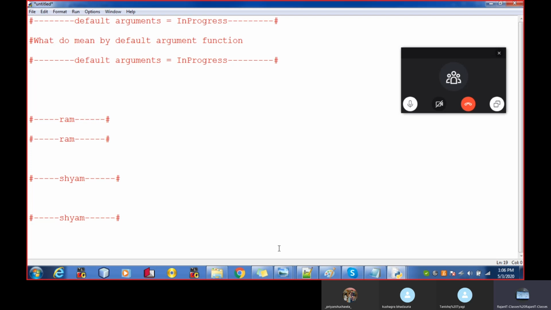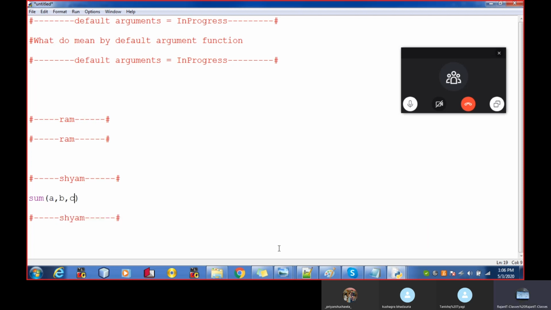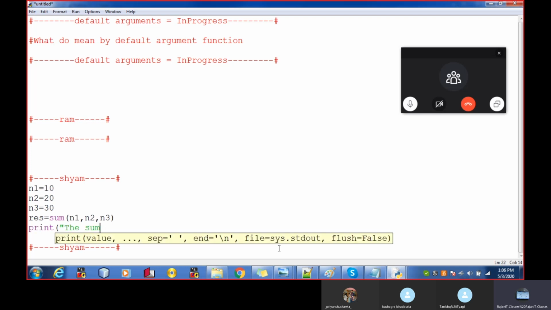Now I'm making a sum function that takes three numbers a, b and c. I have three numbers: number 1 is 10, number 2 is 20, number 3 is 30, and we'll get the result over here. We'll see the result.